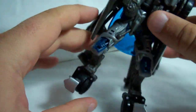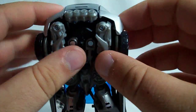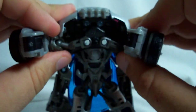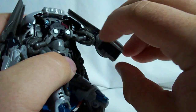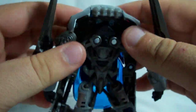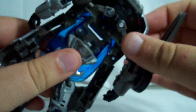Anyway, there we go. The legs are pretty much done. I get these doors out of the way, and I'm going to raise the camera up a bit. I'm going to pull the arms out from under the back of the car, and I guess we'll go ahead and flip out the hands while we're doing that. Let's see. Pull out the torso,